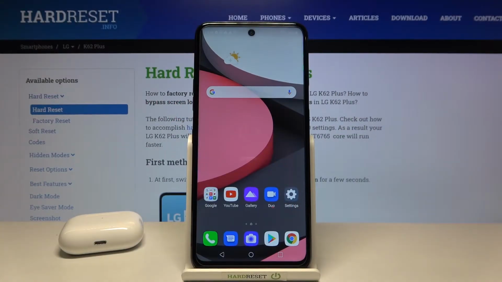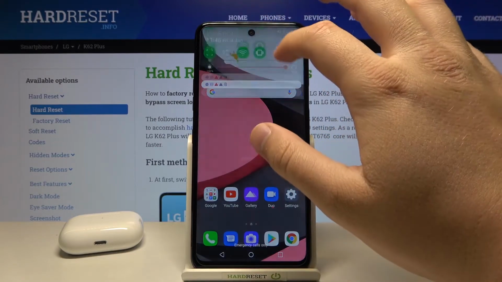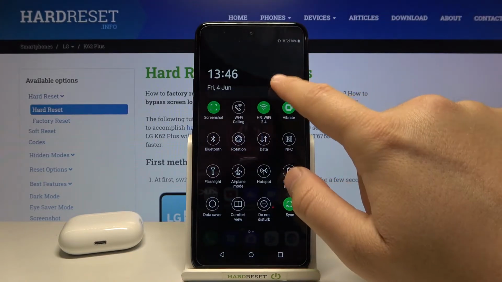Welcome. In front of me I have LG K62 Plus, and today I will show you how you can adjust notification bar icons. So you have to open the notification bar just like that, click right here,